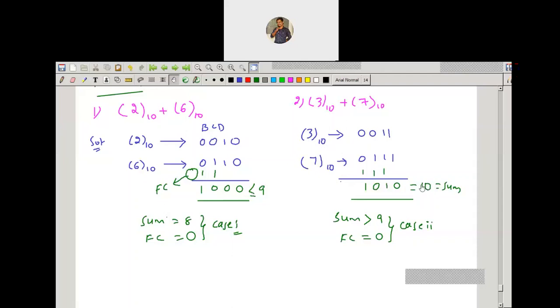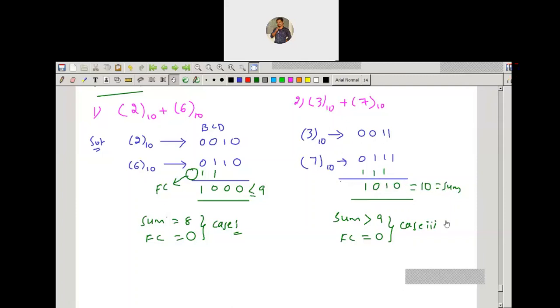Because we're talking about the BCD code, that is binary coded decimal. So in binary coded decimal, it is a case 3. We cannot represent a decimal number by using 4 bits; you can represent each decimal digit by using 4 bits only. But here the 10 is being represented by 4 bits, that is, in normal true binary form. So it is not the actual decimal form, right? So it is a case 3.